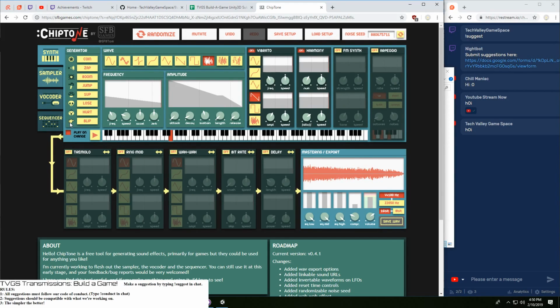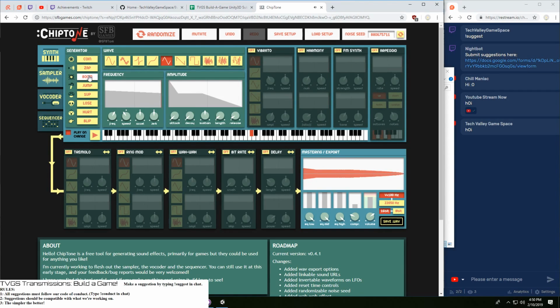And what other sound effects are really good? Well, I like this. That might have been too much.